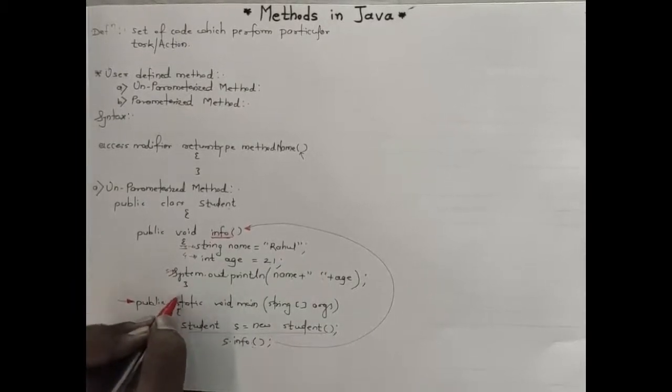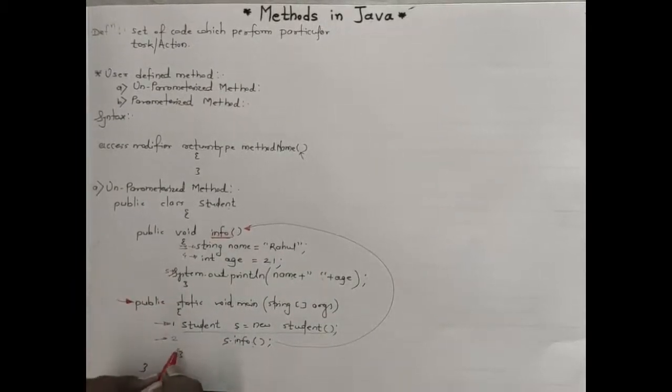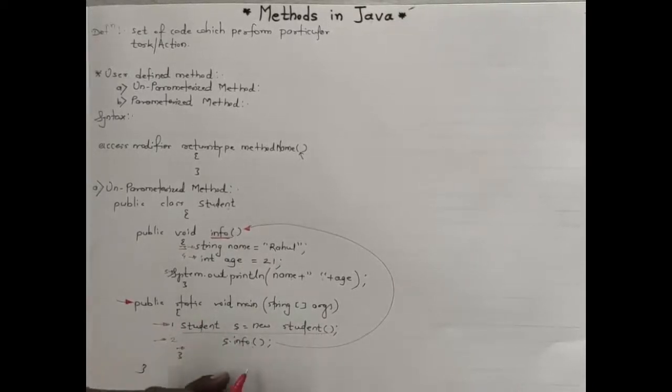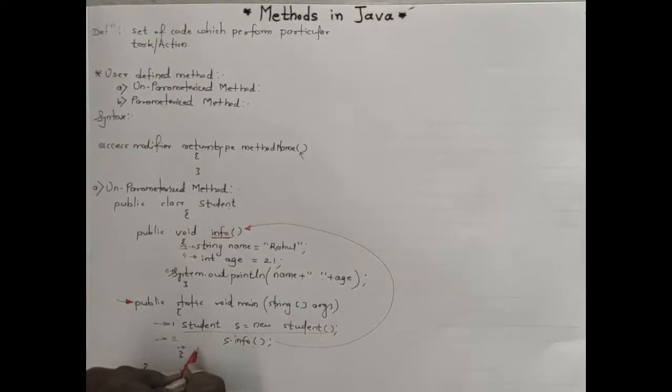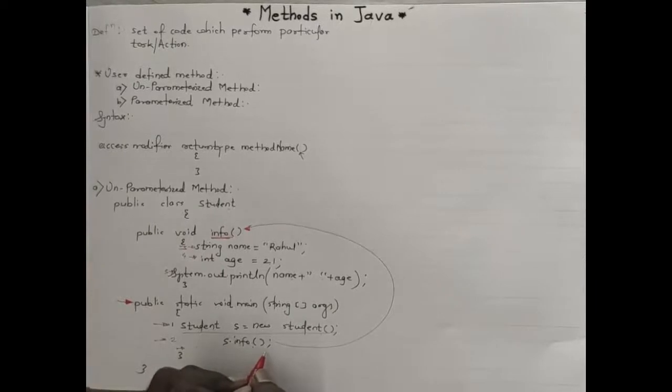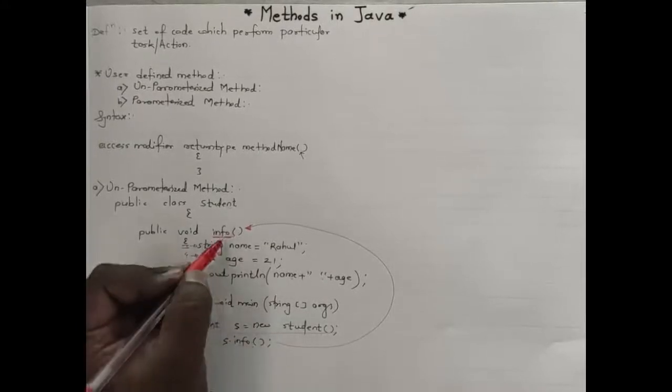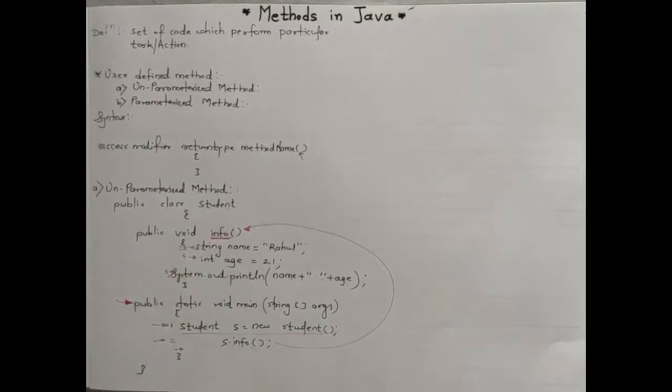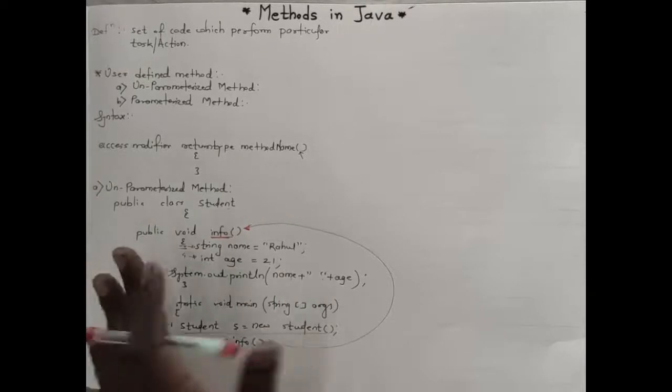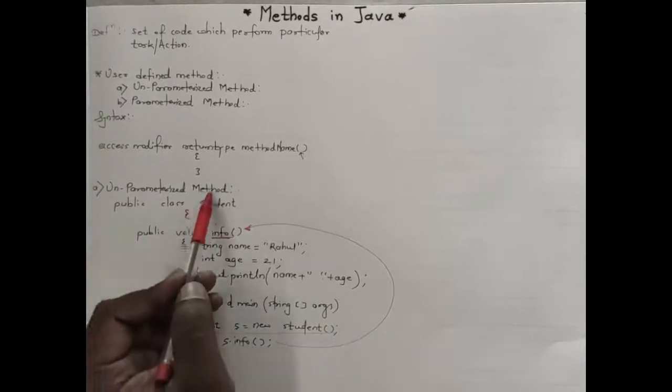Again Java comes back inside the main method. If here we are giving another printing statement, suppose I give system.out.println with any value, we get that as output after the execution of that method. Keep in mind it is the execution priority of Java. So this one is called an unparameterized method.